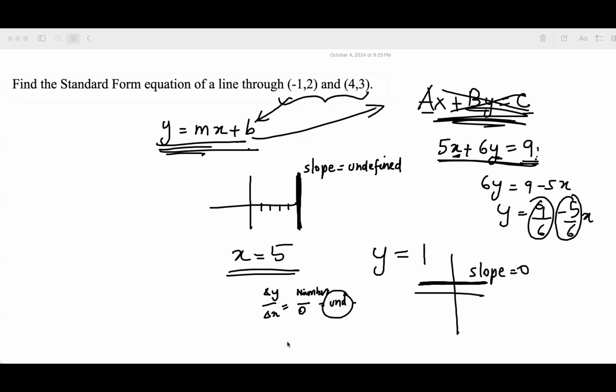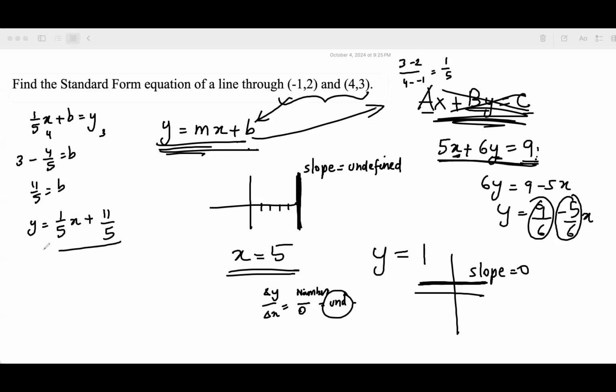Miss Priya, I don't get how to convert it. Yeah, I'm going to help you. So here, slope-intercept form is this. Slope is 3 minus 2 by 4 minus 1, right? So 1 by 5, correct? So I can write it as 1 by 5x plus b equal to y. How to find out b? I will substitute 4 and 3. 3 minus 4 by 5 is b, which is 11 by 5. So substituting back in my equation, y will be equal to 1 by 5x plus